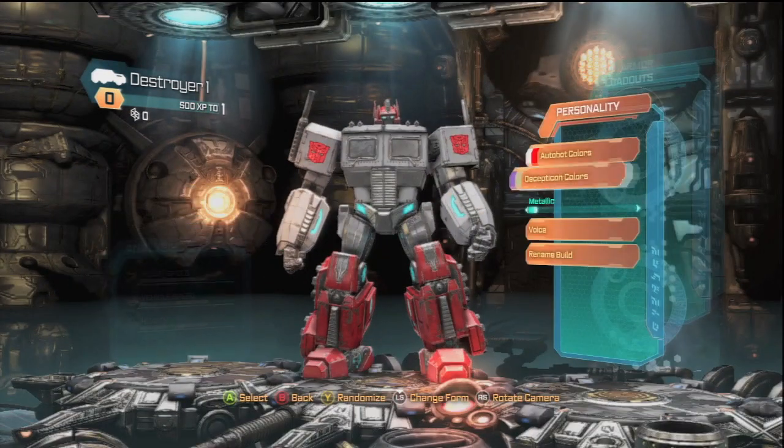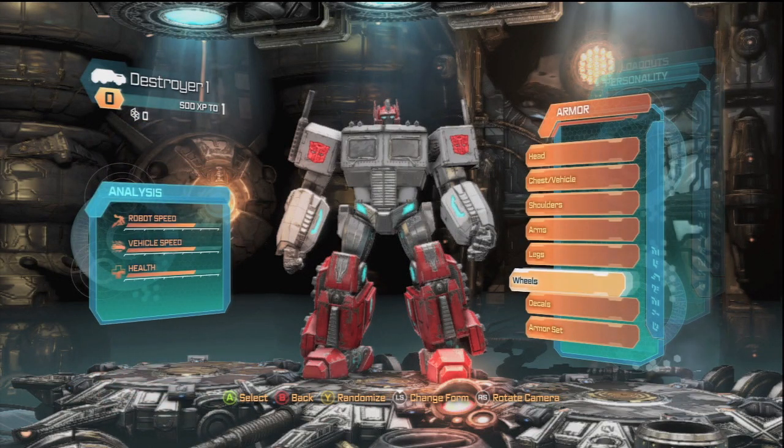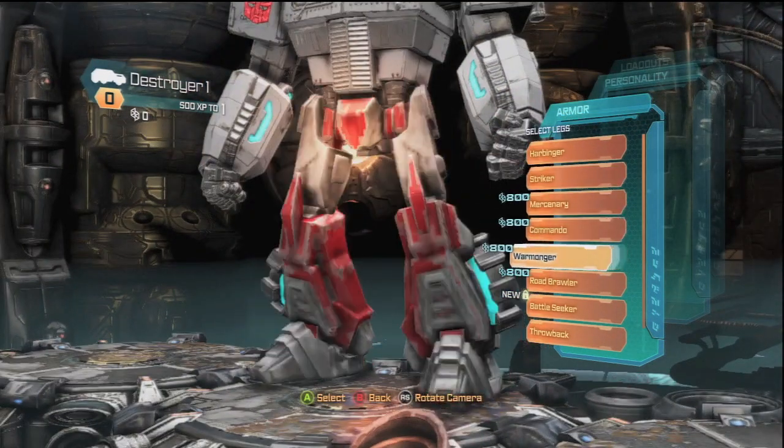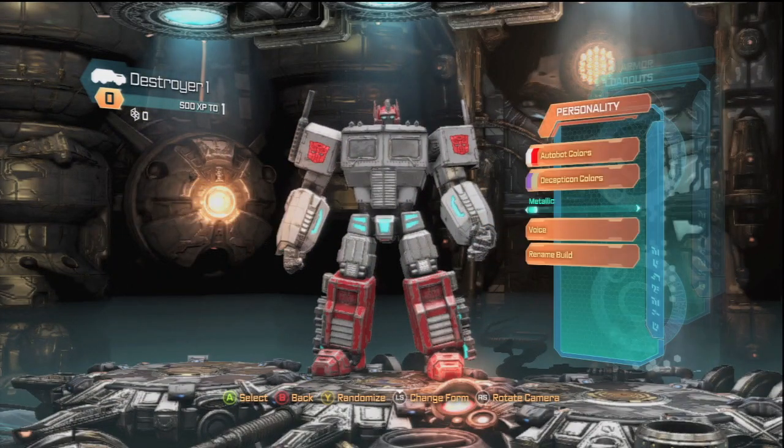And you have to basically do that for everything, unfortunately. That's kind of the annoying part. There's no way to just select Prime, which would have been the most ideal thing. And then for legs, you just have to go back down to throwback as well. You do that for every single one of them, and you will be able to unlock Prime. And I wonder